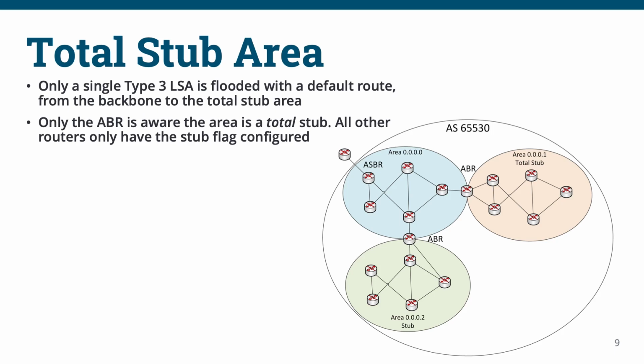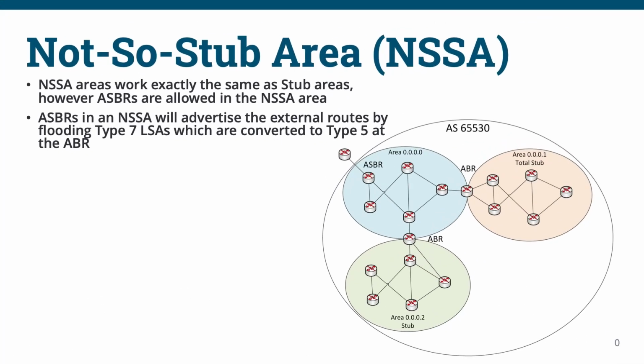Finally, let's take a look at the strangest sounding OSPF area name, the Not-So-Stubby Area. The Not-So-Stubby Area, or NSSA, works exactly the same way as a stub area. However, ASBRs are allowed to exist in the NSSA. If perhaps we have an area that we still wish to shield from the rest of the OSPF domain's LSA flooding, but we have some external routing information that we still need to propagate into OSPF, we can use the